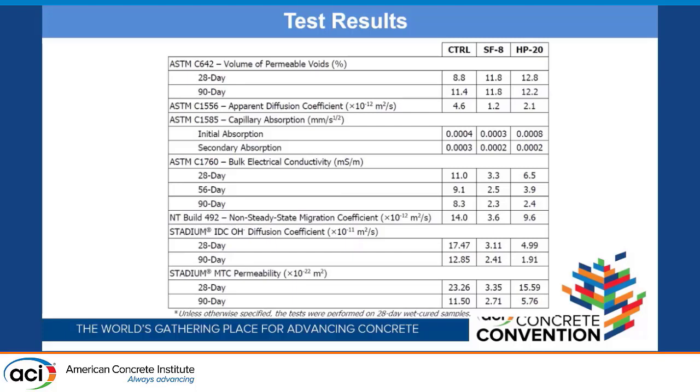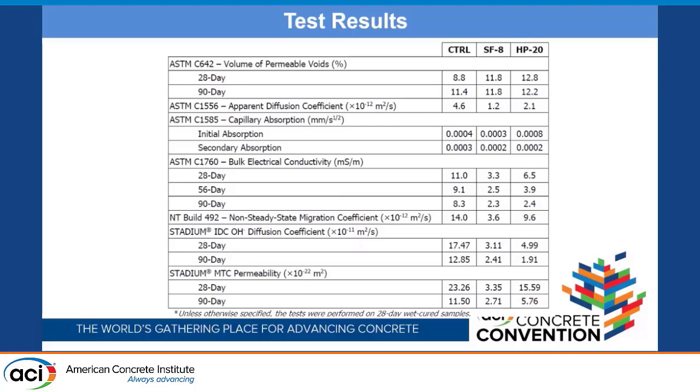You can see the apparent diffusion coefficients, ASTM C1556. As expected, the control had a higher value, and the silica fume had a low value initially, and the pozzolan was in between, which is typically what one would get. The initial absorptions are pretty close to each other, with maybe a little bit better for the silica fume,